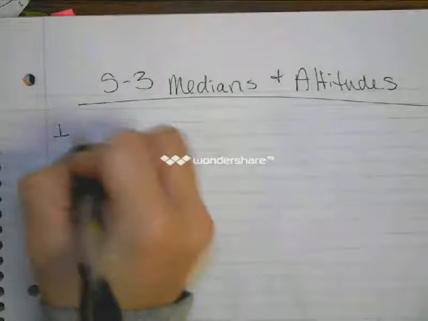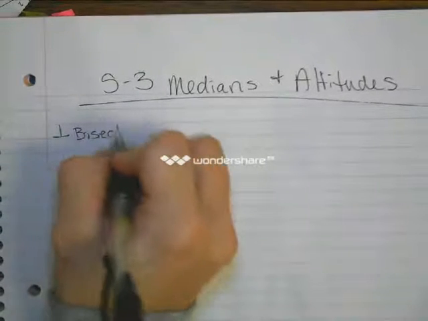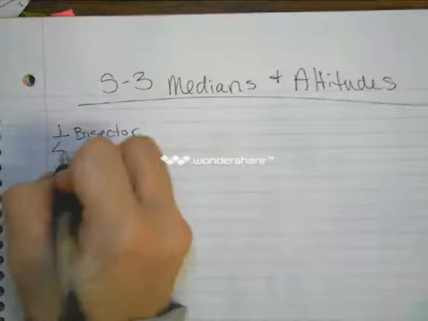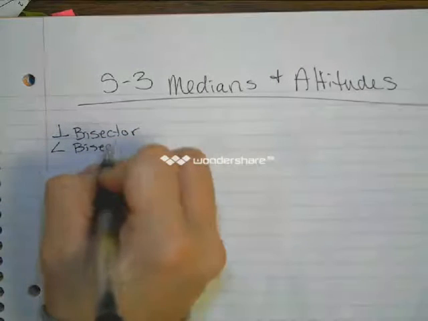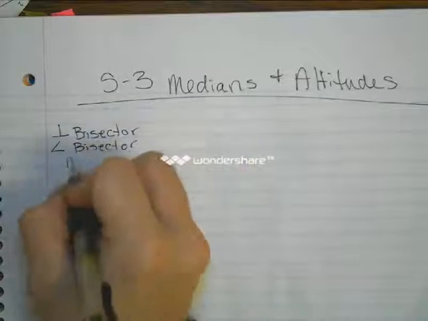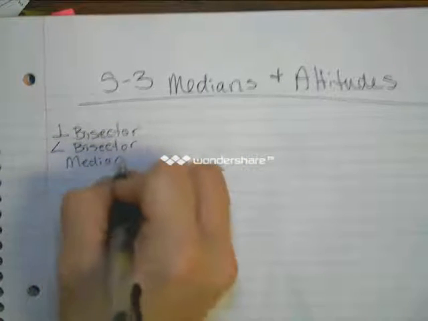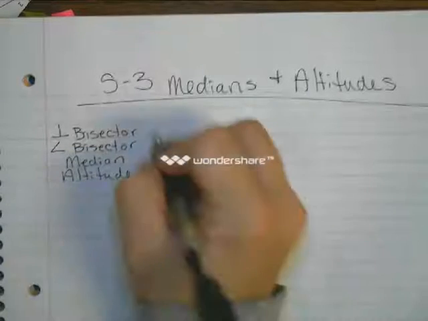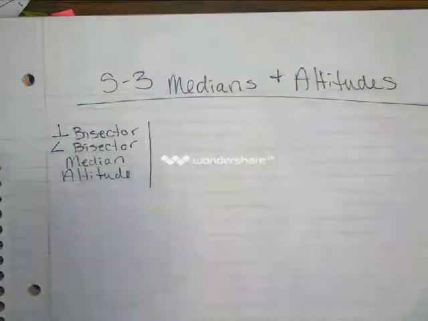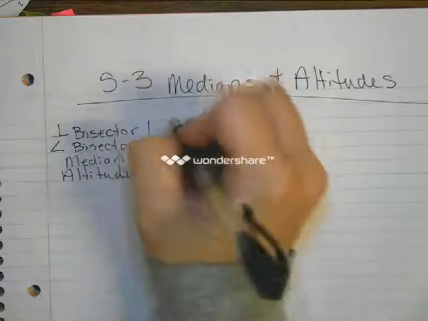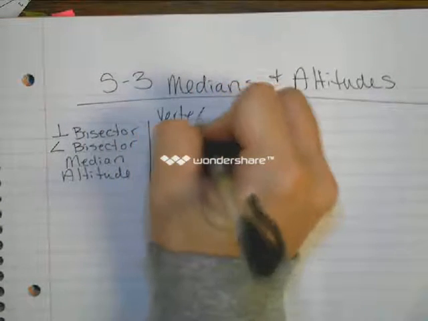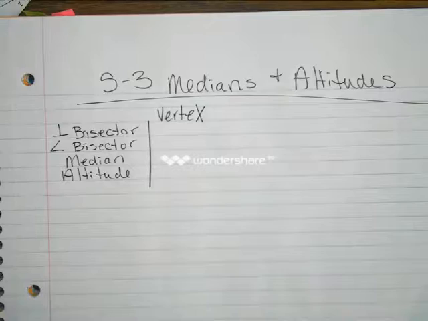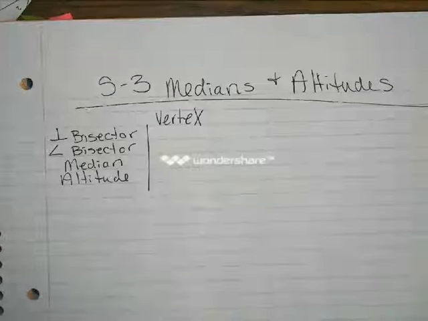The perpendicular bisector, the angle bisector, the median, and the altitude. Okay? So we're going to break down their definitions. Because when you get to the quiz and you are asked to identify these segments, you need to ask yourself,